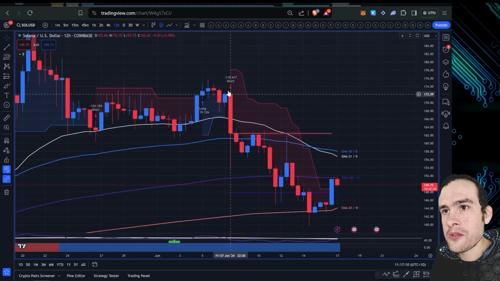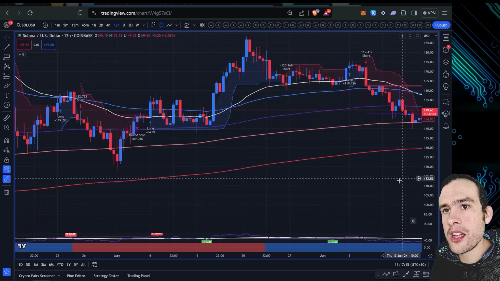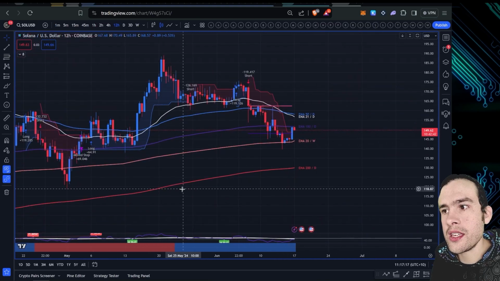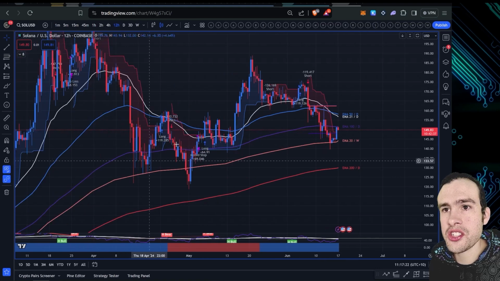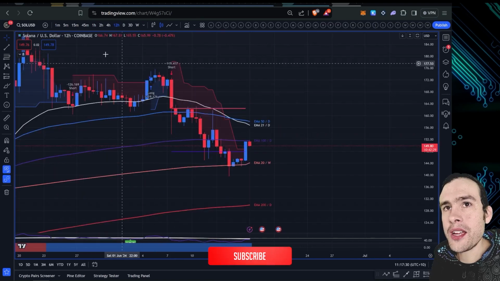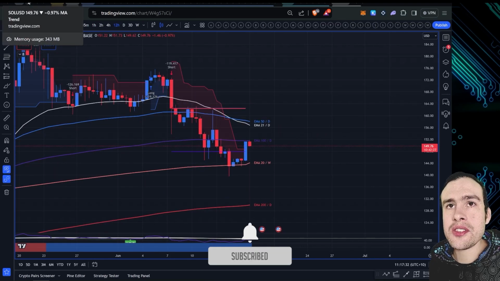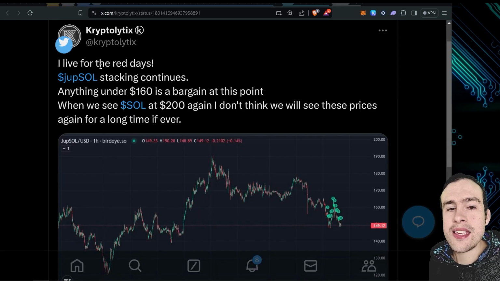So yeah, it's still kind of bearish at the moment, at least short term. But if we zoom out a little bit, as long as we're above the $118 level, it's still kind of bullish. This is just a really messy potential inverted head and shoulders, if you will. Anyway, let's get on with the ecosystem update, because price action is kind of meaningless